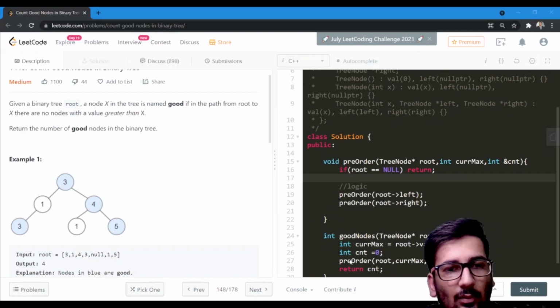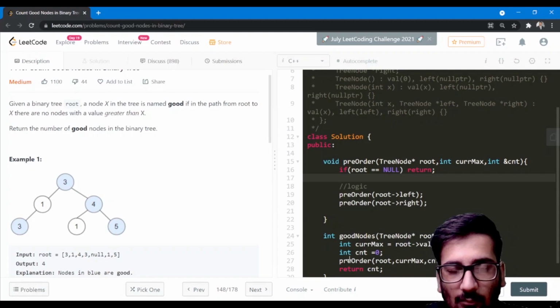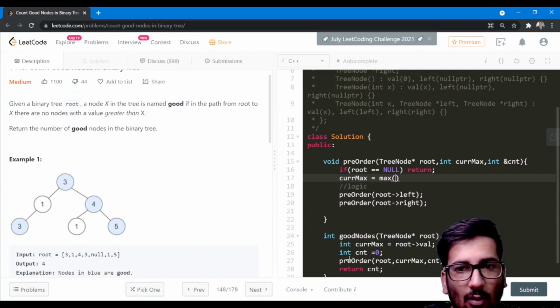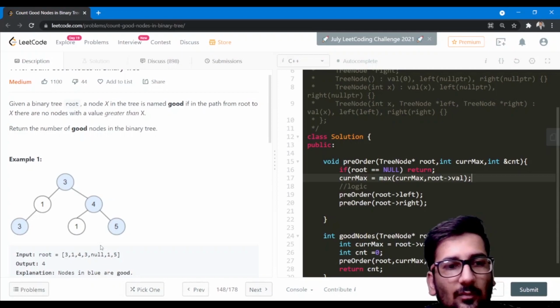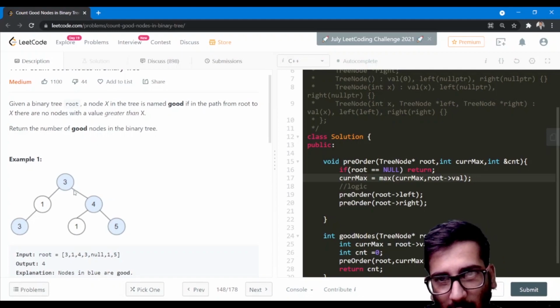And now since we have to maintain the current max, what we can do is current max equals max of current max and root. So it will calculate whether the current max is either the current value of current max, or the current value of root node.